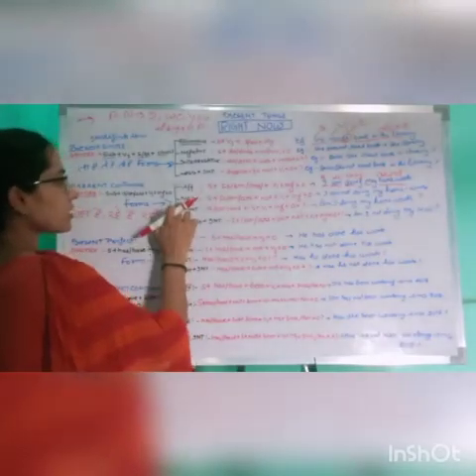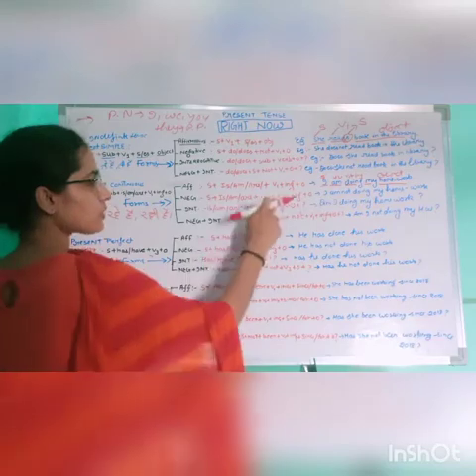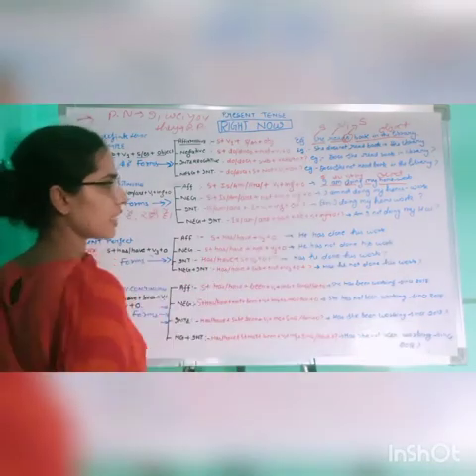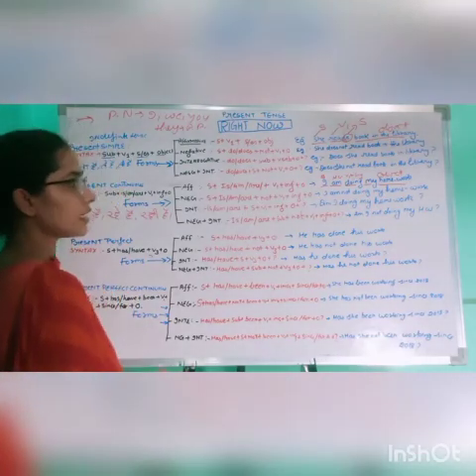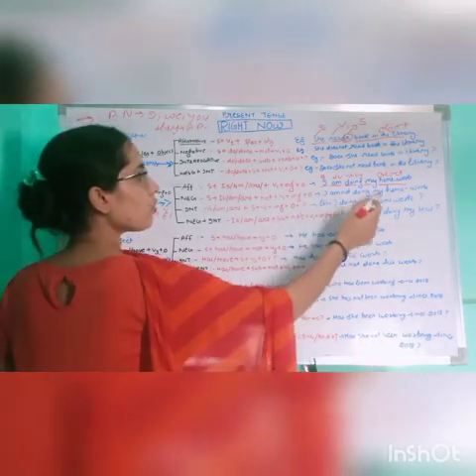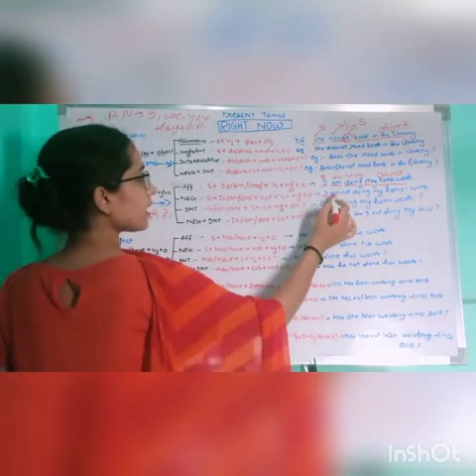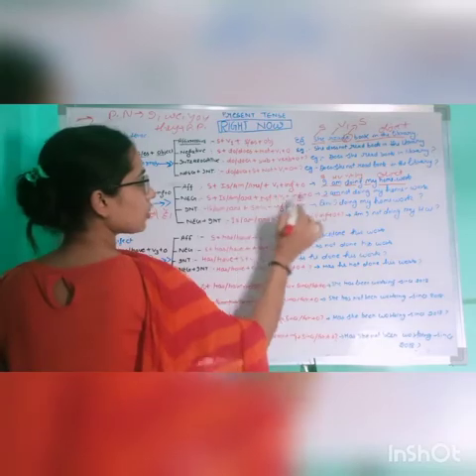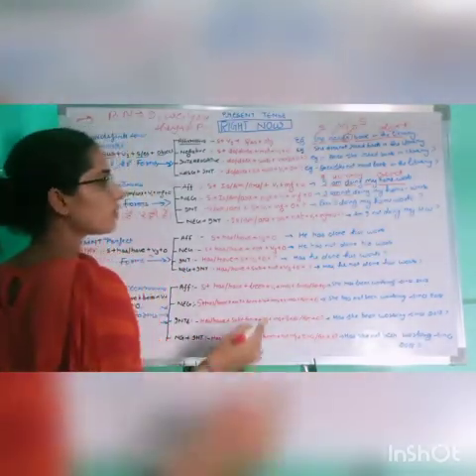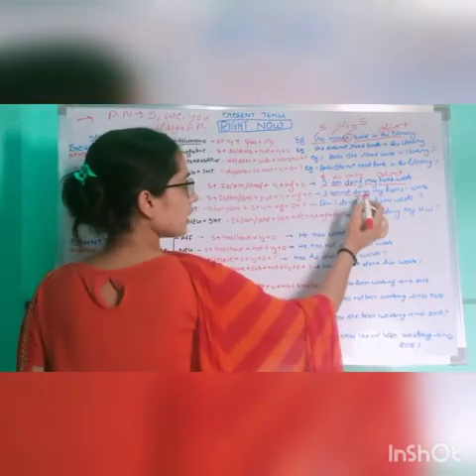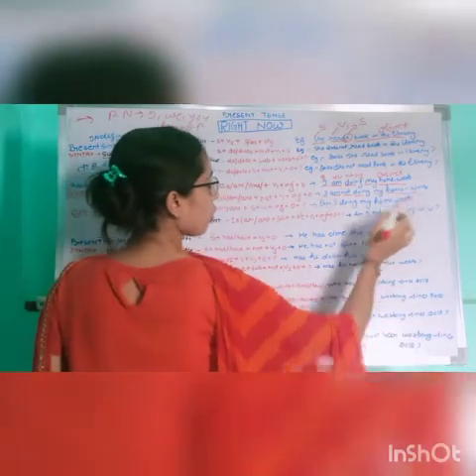Now the negative syntax refers to subject plus is, am, are plus not plus verb first form plus ing plus object. Here is the example, and we are compiling this into a sentence: I am not doing my homework. Here I is the subject, am is the helping verb, and then we put the not after the helping verb, and then do plus ing, that is verb first form plus ing, and my homework is the object. Remember this,